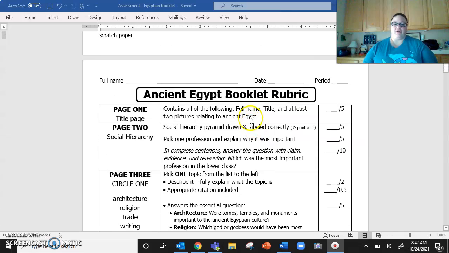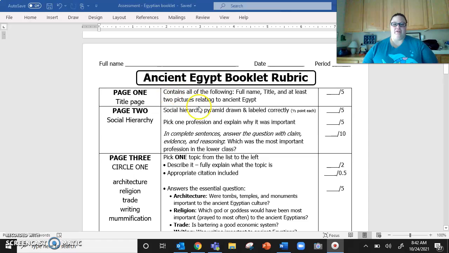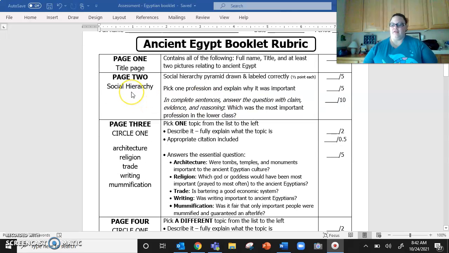So let's go over the rubric. Page 1 contains all of the following. It has your full name, first and all last names, the title. If this is the Ancient Egypt booklet, what should your title be? Probably Ancient Egypt, good point. And at least 2 pictures related to Ancient Egypt. And then on the inside,